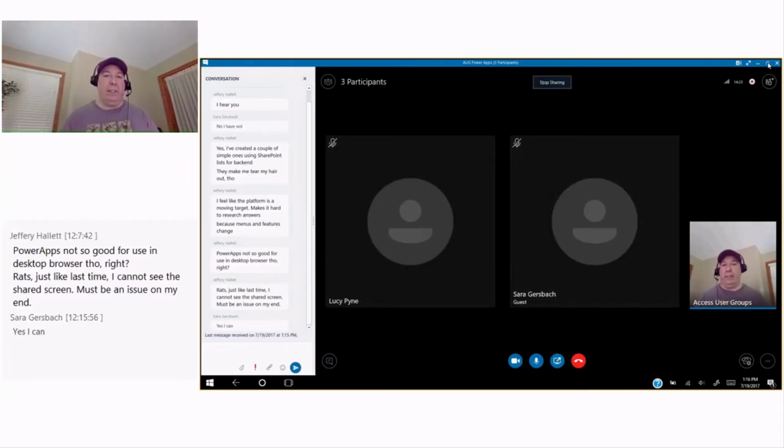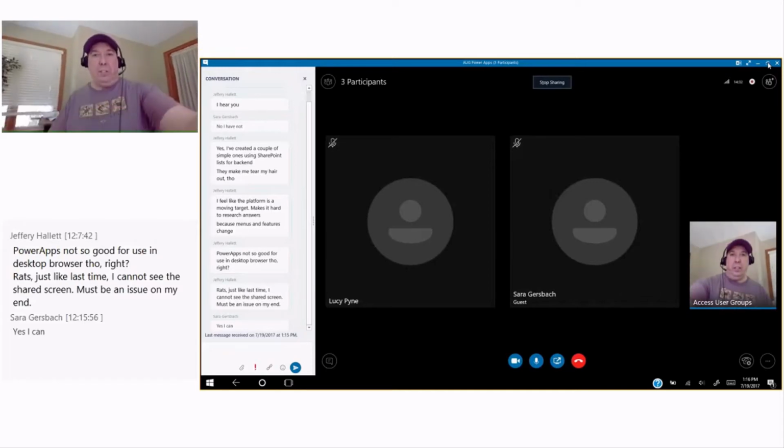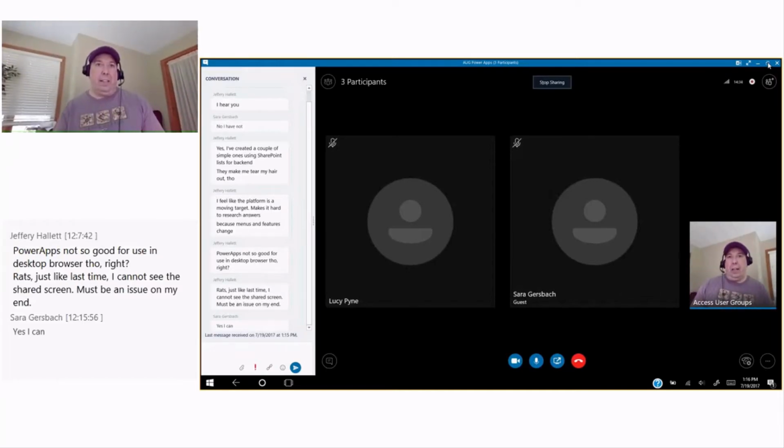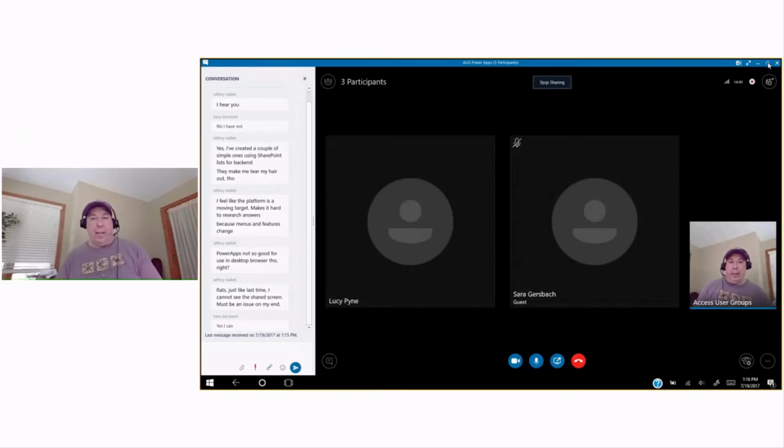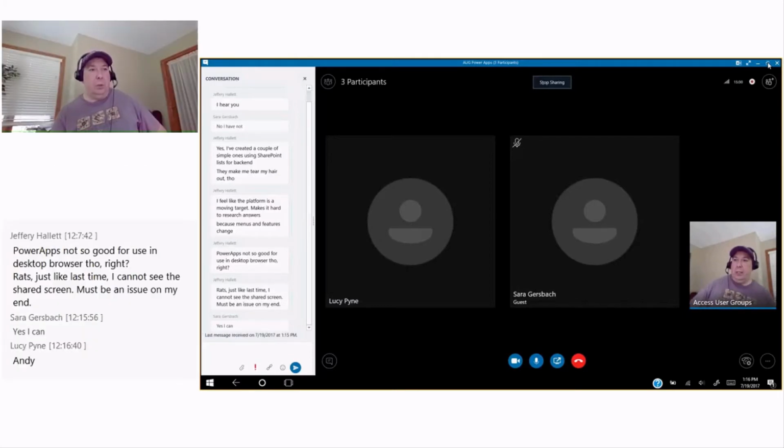So that's kind of what Power Apps is all about. The beauty of it is that you can create an app generally for your organization, and a lot of people utilize SharePoint and put your apps into SharePoint for people to be able to download and use directly. So you can do a lot of cool things like that. In terms of data sources, Power Apps can use a lot of different data sources, anything from Excel to SQL Azure to